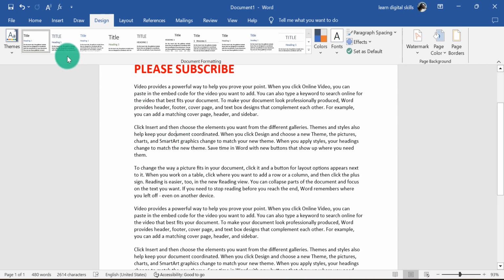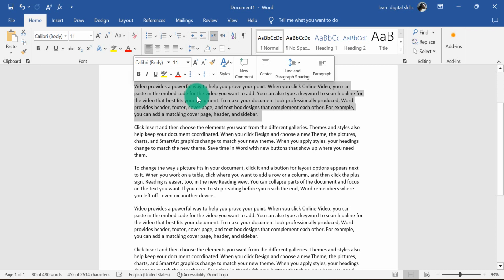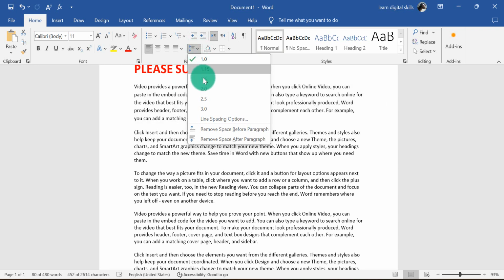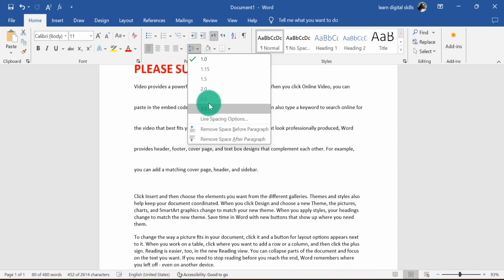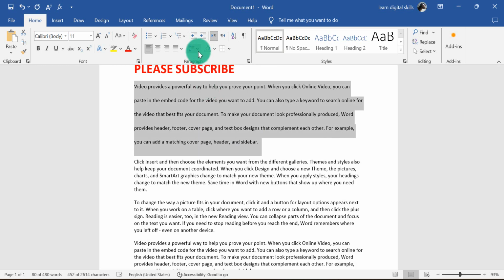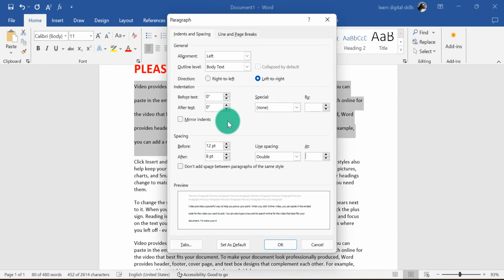So how about we now want to work on just a particular paragraph. Now let's say we want to work on this particular paragraph. What we are going to do now is to highlight this. Now when you highlight this paragraph here, you can come right straight to this. Then you can select any one of your choice. Now if I select any one, it's just working on that particular paragraph. So I can just decide to click on 2. This is it. So if I actually want to customize mine now, I can come here, see line spacing options,